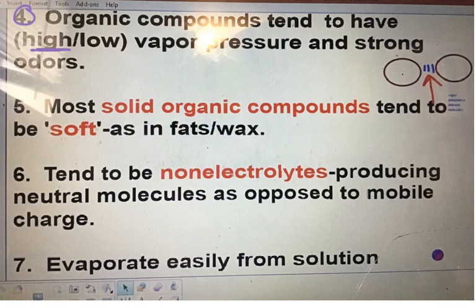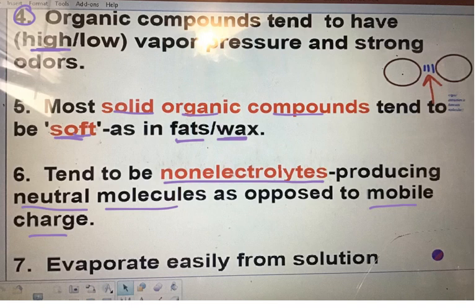Alrighty, no problem. This next point: most solid organic compounds tend to be soft, quote unquote, as in fats and waxes. So the wax in candles, most animal fats, and the fats in our bodies, for example, are all organic compounds. They tend to be non-electrolytes, for the most part. Are they all non-electrolytes? No, they're not, but they tend to be because they tend to have neutral molecules as opposed to having